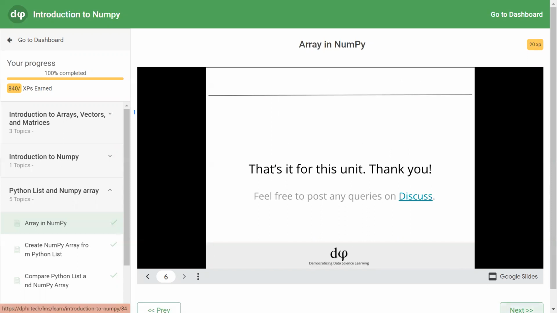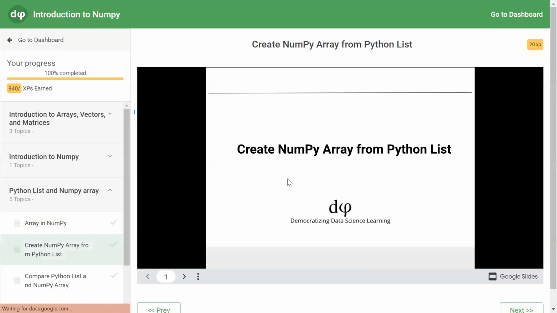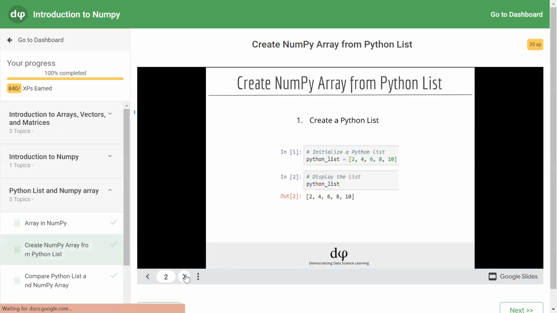Moving to the next module, wherein we have to create a NumPy array from a Python list. Here are some examples given. So create a Python list. How is a list created here? Using opening and closing square brackets, we are creating a list containing integers 2, 4, 6, 8, 10.